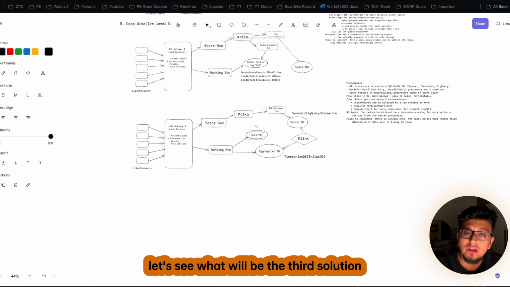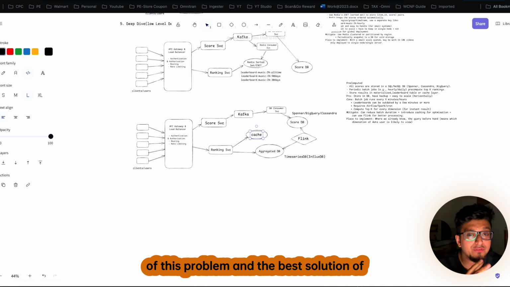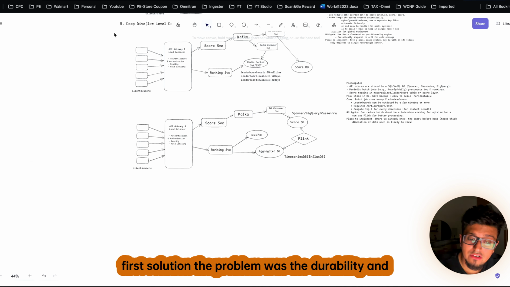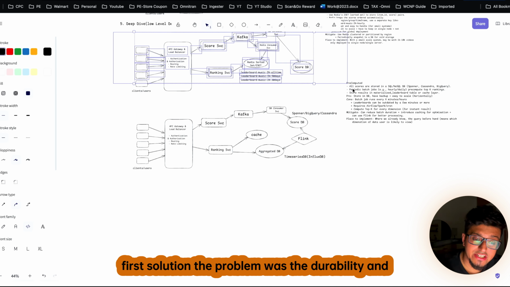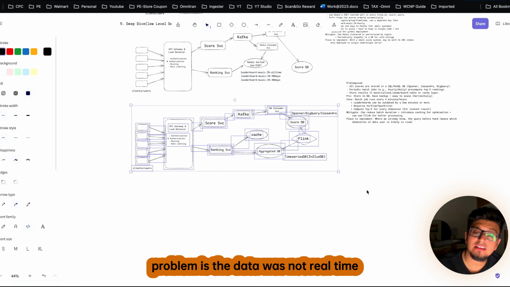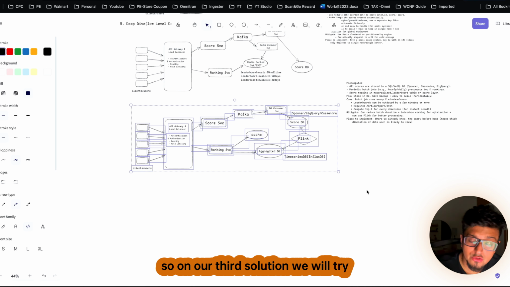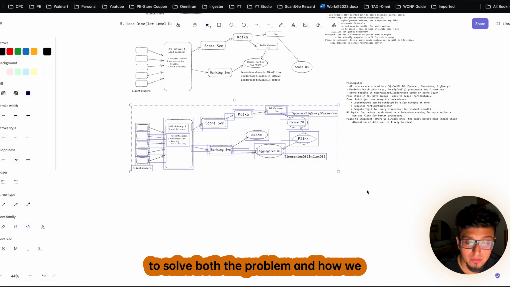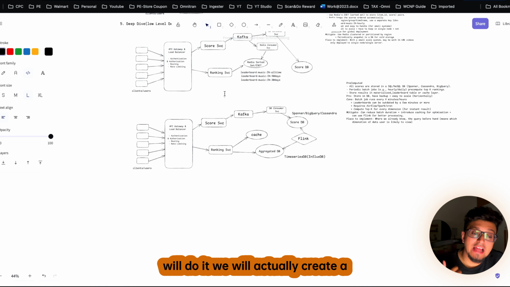Now let's see what will be the third solution of this problem, and the best solution of all. If you remember, with our first solution the problem was durability and scalability, and with our second solution the problem was that the data was not real time. So with our third solution we will try to solve both problems. And how will we do it? We will actually